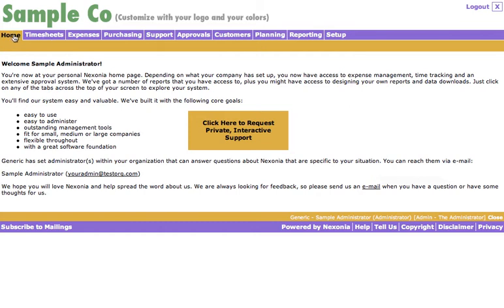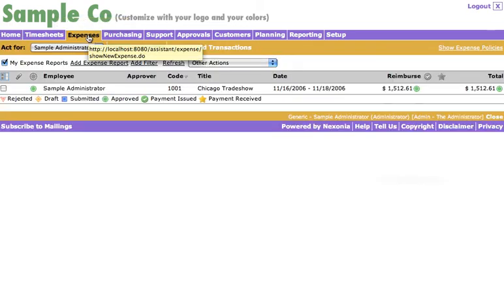What you'll see is the Home tab. This is what you'll see once you log in. Your company will actually have its own branding, very likely, so you'll see your own company logo and corporate colors. When we click on the Expenses tab, the first thing you'll notice is that it has My Expense Reports